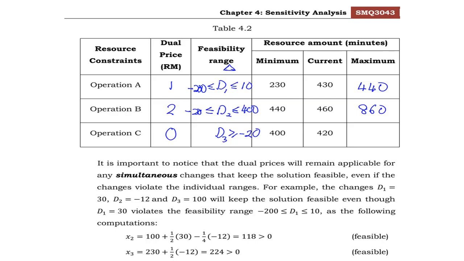And there is no upper bound for this change, therefore here it can go up to infinity. Okay,